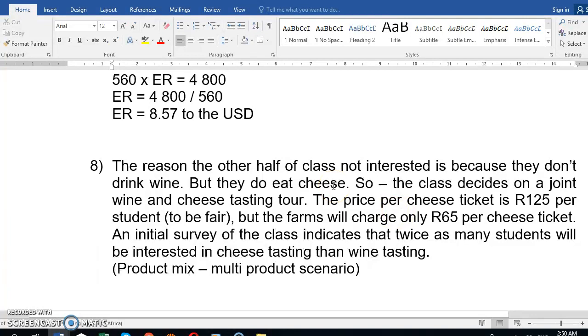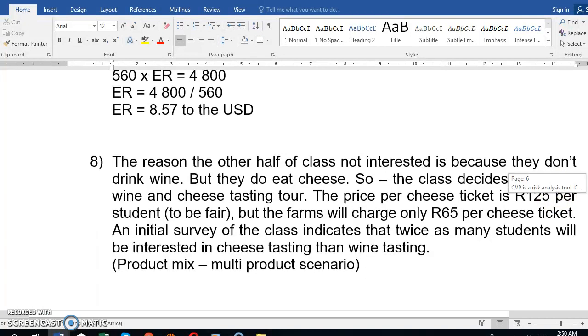So they say the price per cheese ticket is 125 to be fair, but the wine farms will only charge 65 rand per cheese ticket. So effectively, whether you go on the wine tour or the cheese tour, you're going to have to pay 125. However, the variable cost, which is what the wine farms charge, will be 65 rand for a cheese ticket, and as we know, 80 rand for a wine ticket. Now, to answer a question like this, we're probably going to do this question over 2 videos,